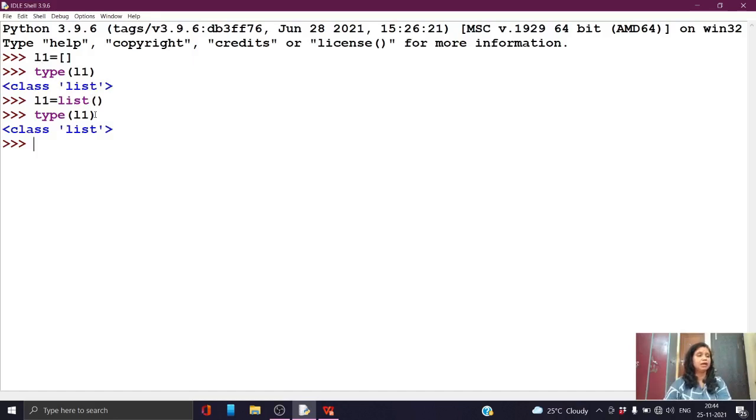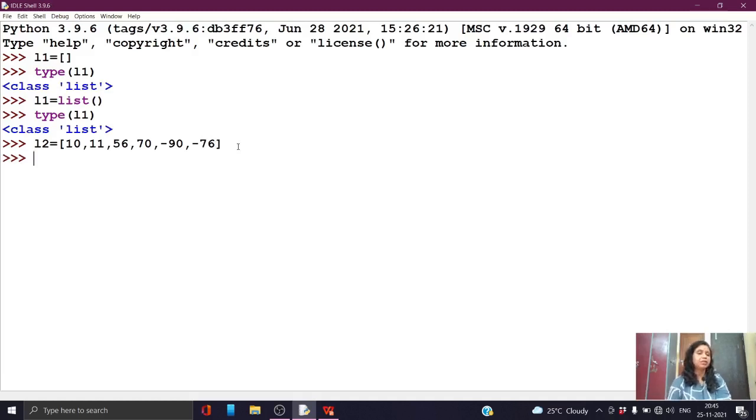Now next one is how can you create a list of integer elements. Suppose L2 equal to, within square bracket, just integer elements. Integer values, suppose 10, 11, 56, 70. So these are integers, so no need to use any quotes because we are going to store integer elements. Both positive and negative integers you can store, suppose minus 90, similarly minus 76. In this way you can store both positive and negative elements within a list variable, right students?